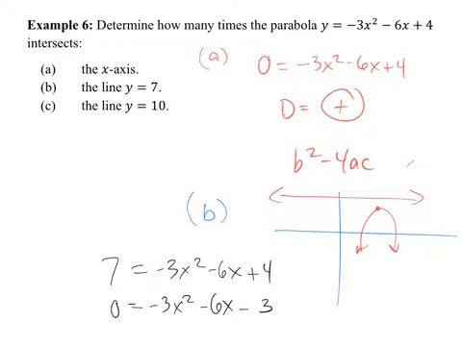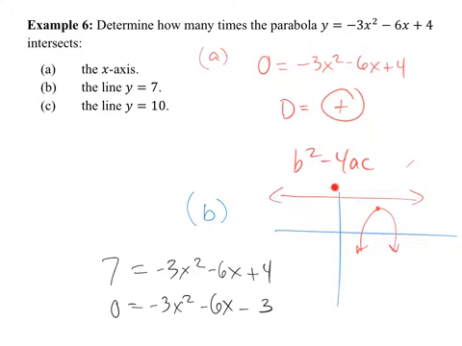Again, if I want to know when it will cross or be equal to a certain y value, set it equal to that y value. This right here, if you want to write yourself a note, is saying, in English, that the function itself is equal to a height of 7. And that's what we're trying to determine: how many times the parabola will intersect the line y equals